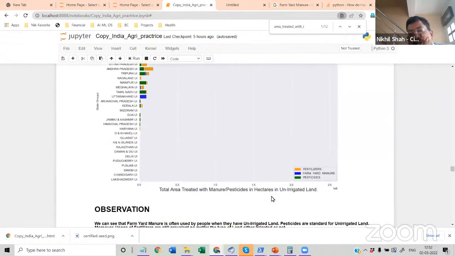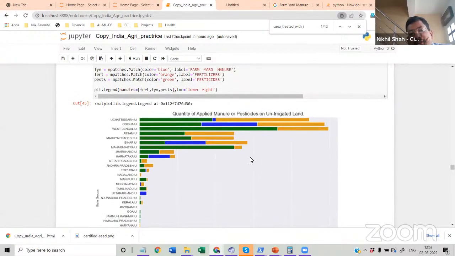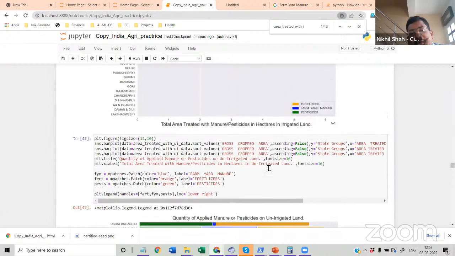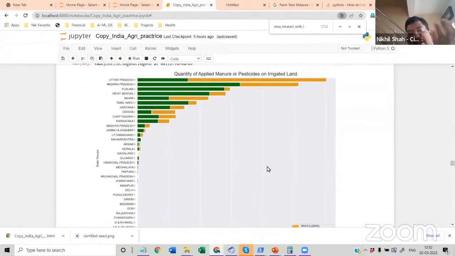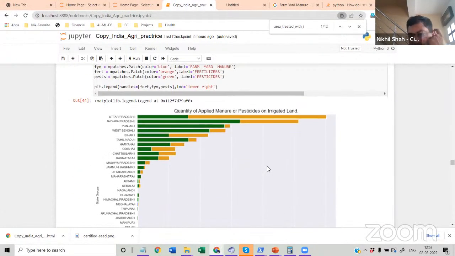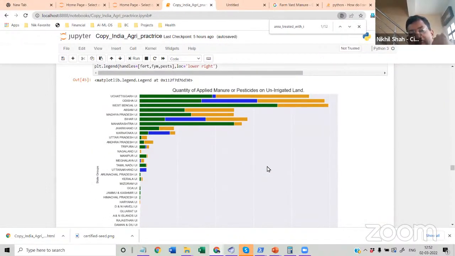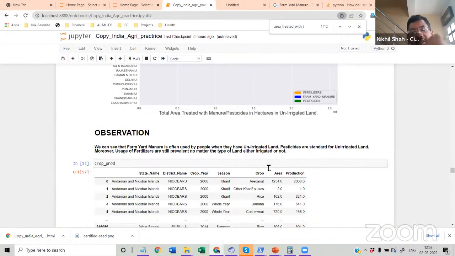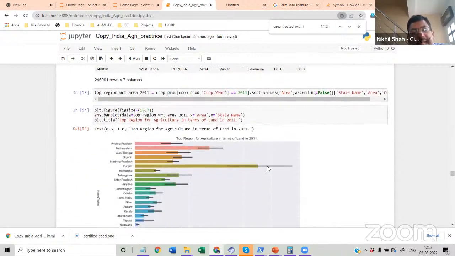So as you can see here, the farmyard manure is commonly seen in an unirrigated land environment, but it's completely missing. It's basically not existent in irrigated land. Again, you guys probably would be able to correlate things much better, but as a data scientist, some of the stuff would be very relevant.